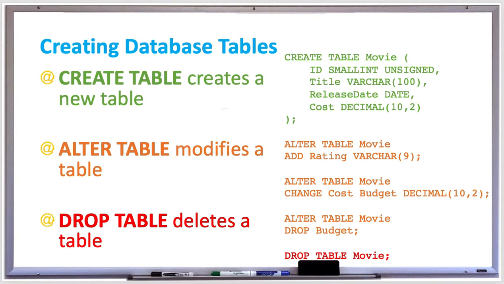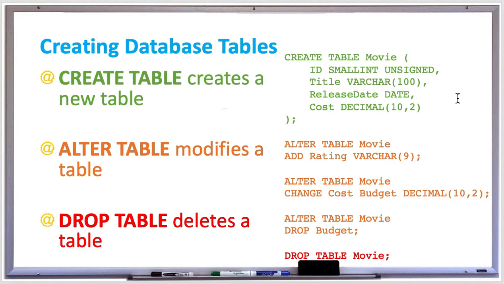In this video, we're going to learn how to create database tables. The create table statement creates a new database table, and within this statement, you will specify the name of the table and the data type and name of each column in that table. The example on the right shows we're creating a movie table with 4 columns: the ID, title, release date, and